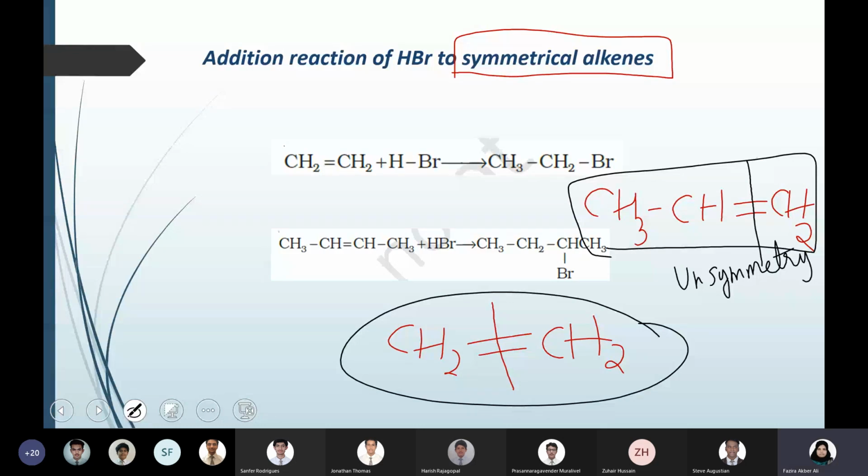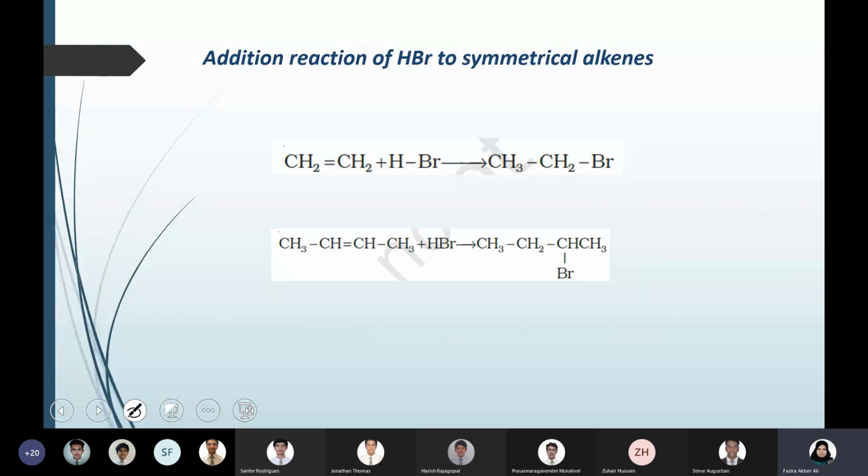So we are classifying addition of HBr, that is hydrogen halide, to symmetrical alkene and unsymmetrical alkene. So we need to look into the two categories, symmetrical alkene and unsymmetrical. Symmetrical alkene is very easy because here there is no confusion, nothing to worry, because